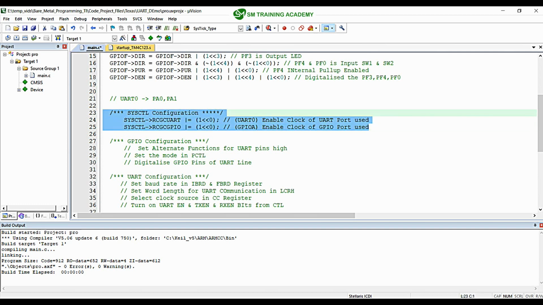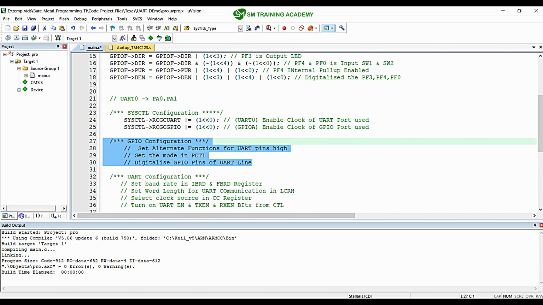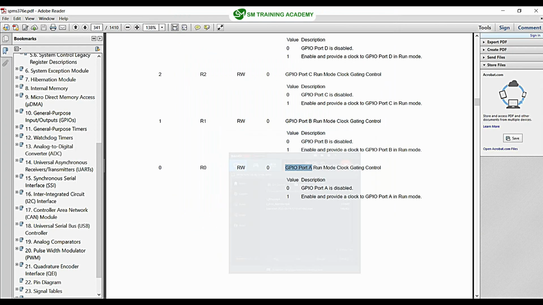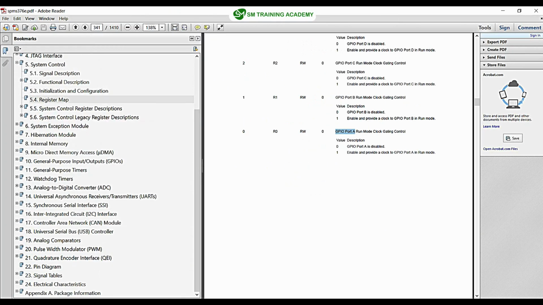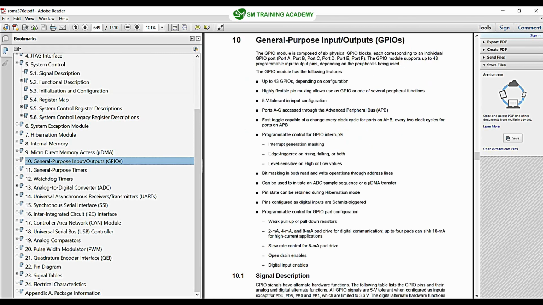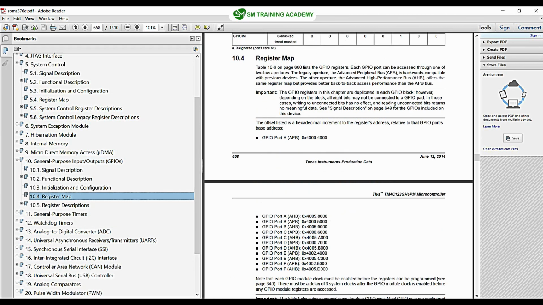And that's all about the configurations that we want to do for system control registers. The second configuration that we want to do is GPIO configuration. As the first step, we just want to set the alternate functions for the UART pins to be high. So coming inside the datasheet, let's move on to the GPIO part, and inside the register map you can find